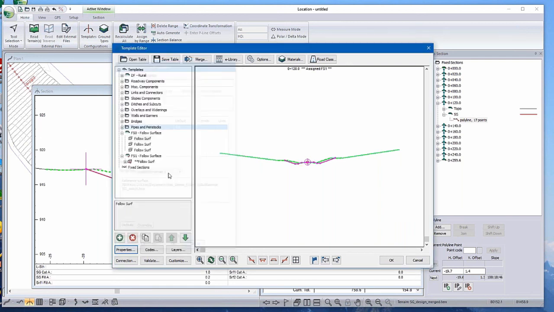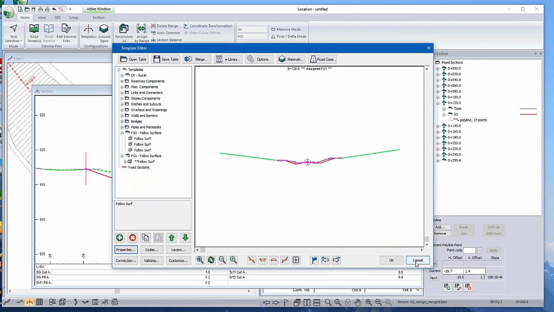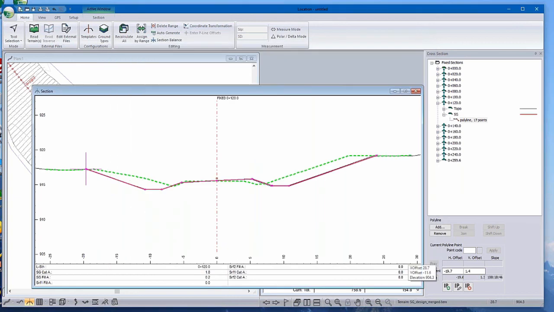So with this functionality, you can add many surfaces to this. You could have a strip layer, you could have a subcut layer, and you can calculate volumes between the two surfaces, which